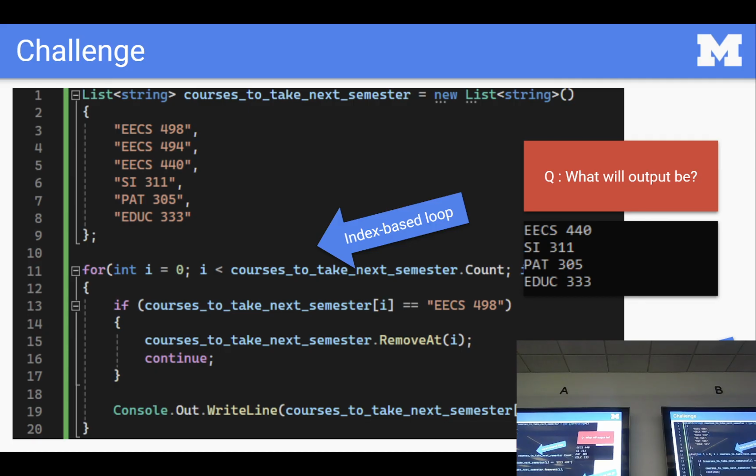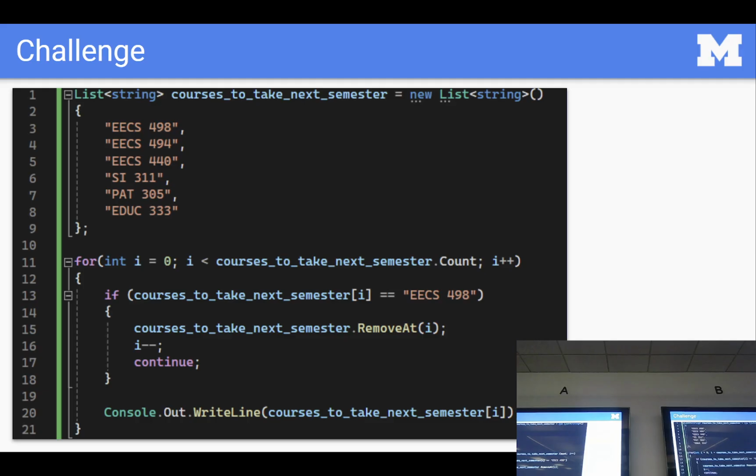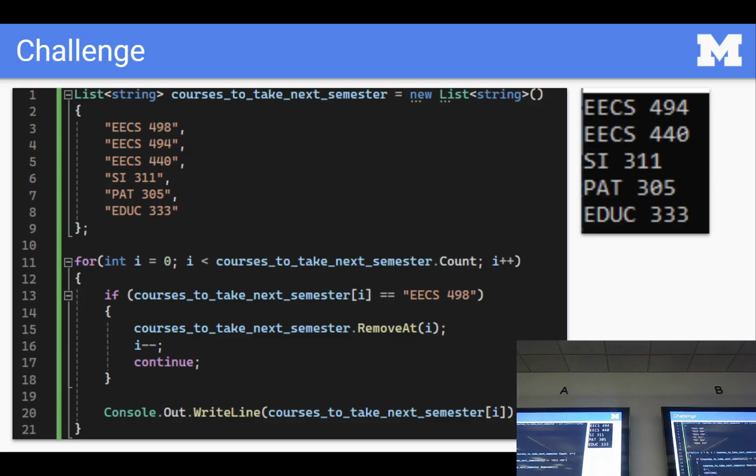Yeah? Right, so what's stopping you from just throwing in an I minus minus wherever you remove something? Bingo. Let's do it, okay? How are we going to fix this? Well, whenever we remove something, right, we have to kind of back up the truck, okay? So here's what we've done, right? I minus minus, okay? And this kind of fixes it, okay? Right? We get the result that we expect, but